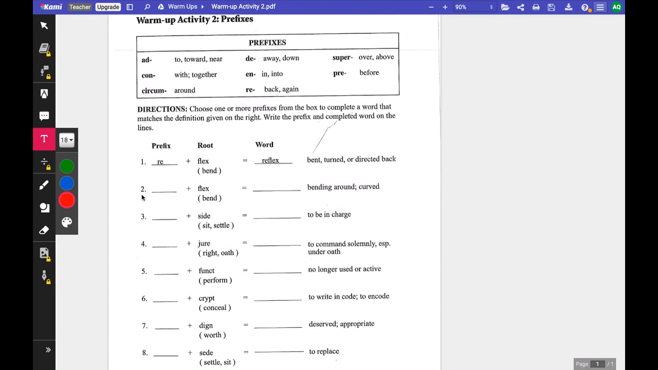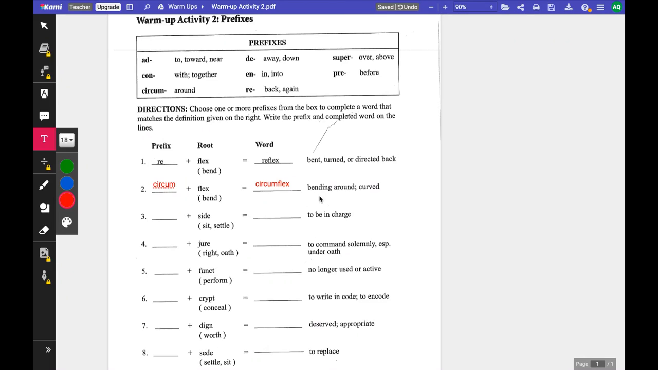So let's take a look at number 2. We have a prefix for another word we're going to make that has the root flex. This time the word means bending around or curved. Which prefix do you think will go with the root flex? If you said circum, since it means around, you're exactly right. We can add the prefix circum to the word flex to make the word circumflex, which means bending around or